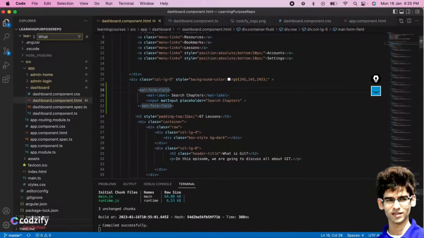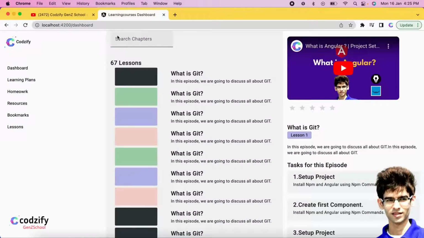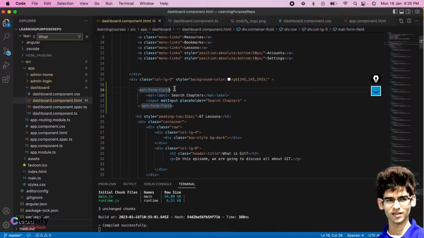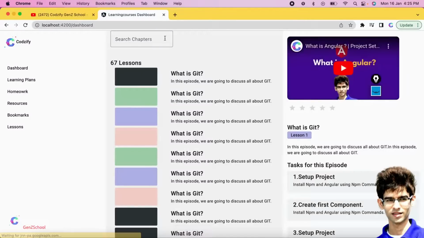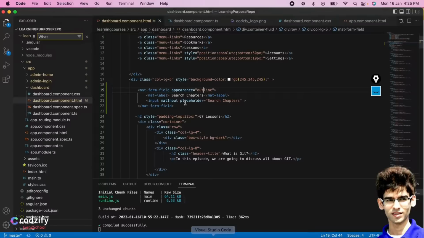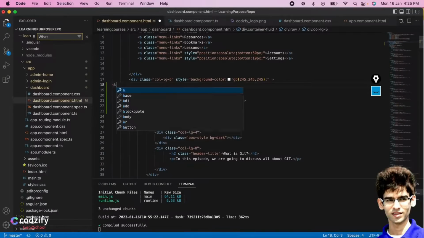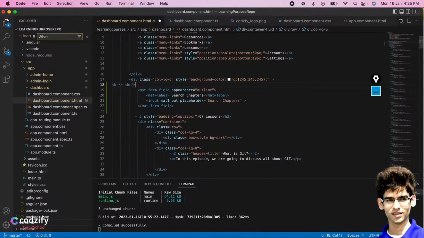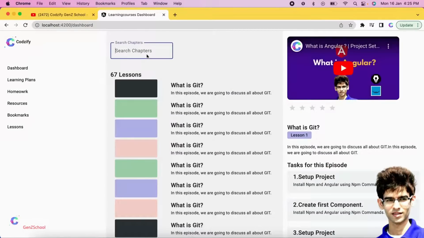Now I don't want a gray color here for the search box. What I want is the appearance as outline. Like this, and we have to add some padding here, so I will add the breaks like this. The core purpose is, whenever I add some search term inside this box, the list should be filtered.